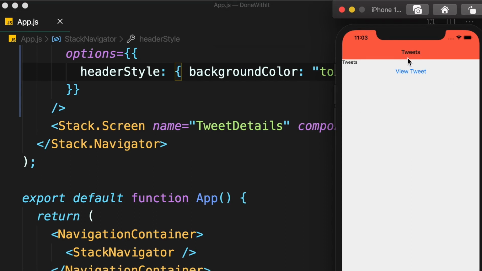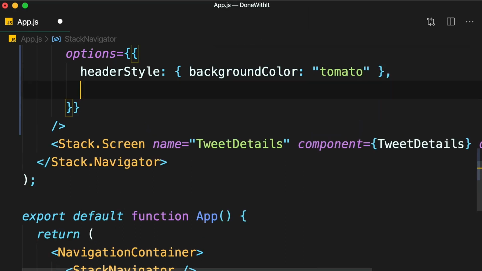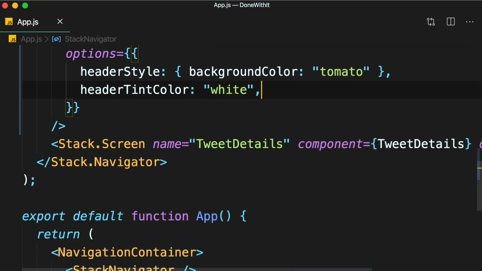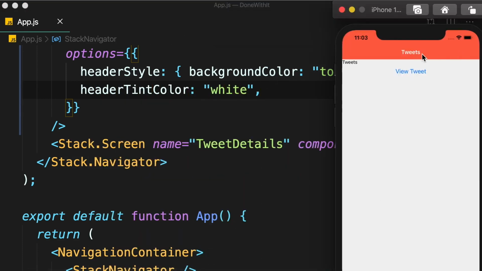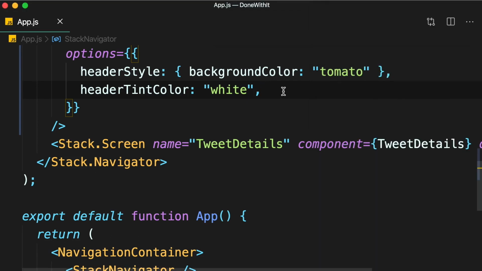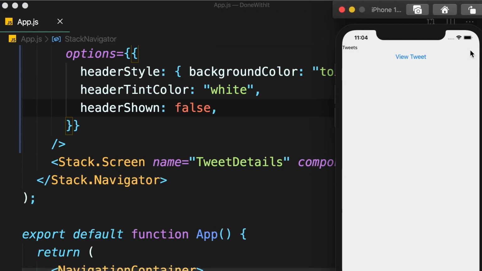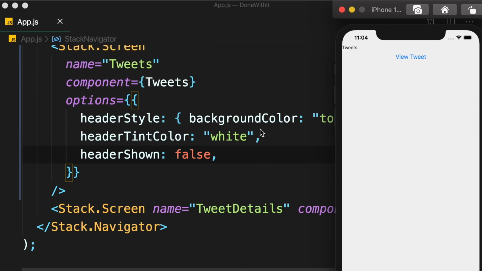We can also change the color of the text here. So we set header tint color to white. Here's what we get. Another useful property is header shown. We can set it to false. Now the header disappears. Now, one thing you need to understand here is that these styles are only applied to